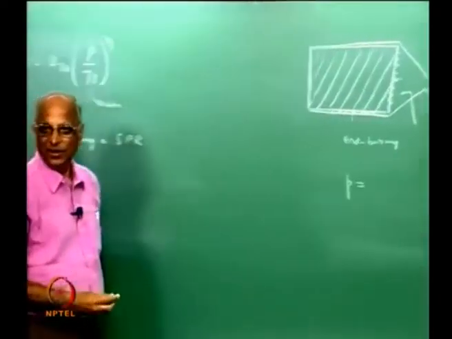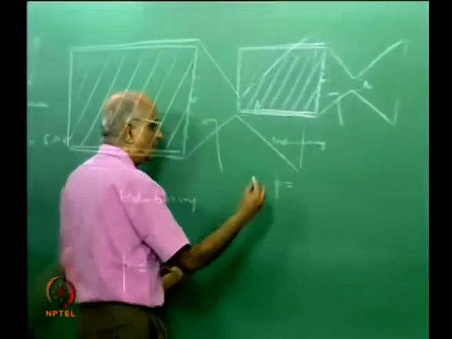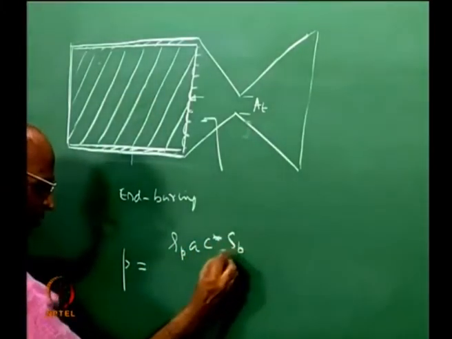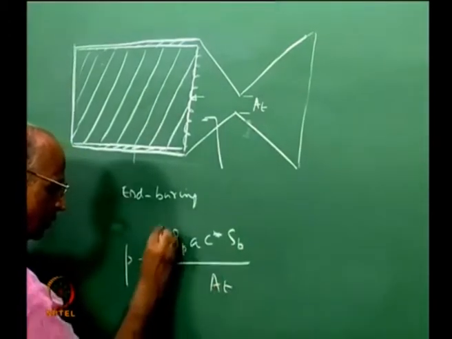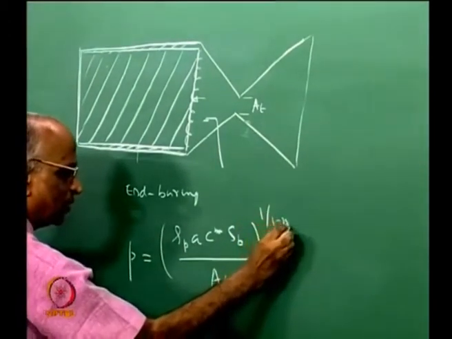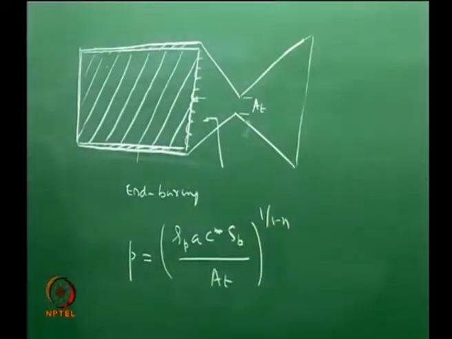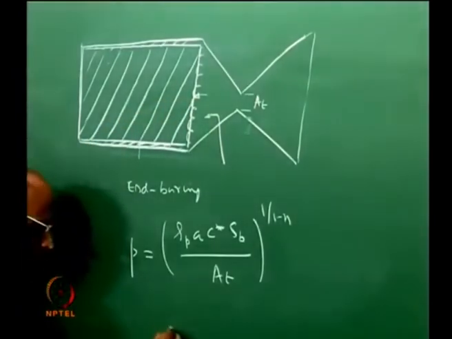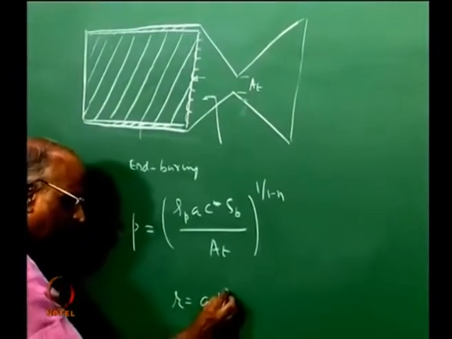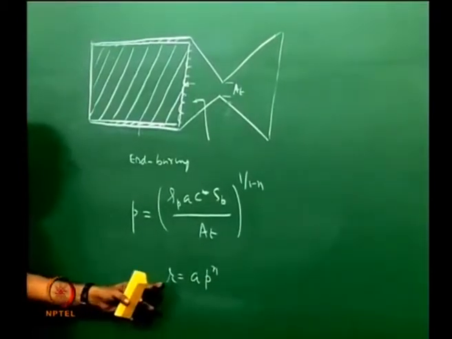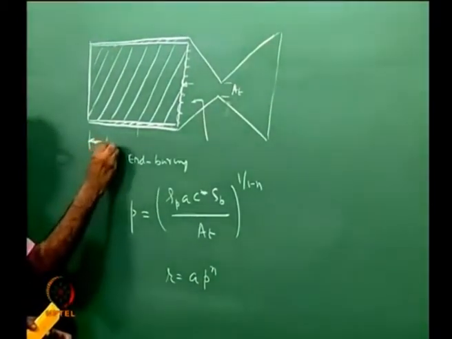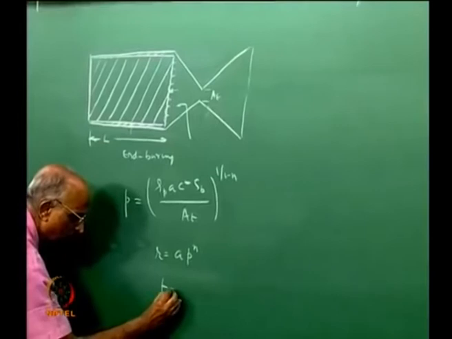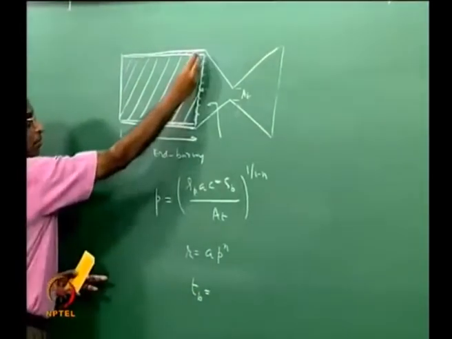We have already done it, the equilibrium pressure, and that is equal to, let us write it down, rho p a c star S b divided by A t, to the power 1 over 1 minus n. Once I know the equilibrium pressure for a given value of S b, I know the value of burn rate, r is equal to a p to the power n. I know the burn rate, and therefore, if the end burning grain has a length L, the time over which the motor burns is equal to, P is constant